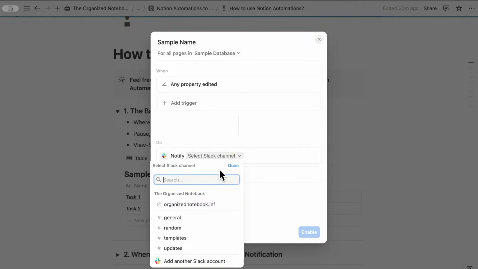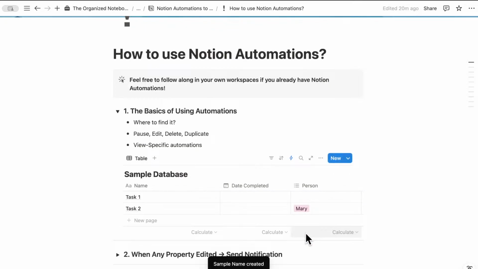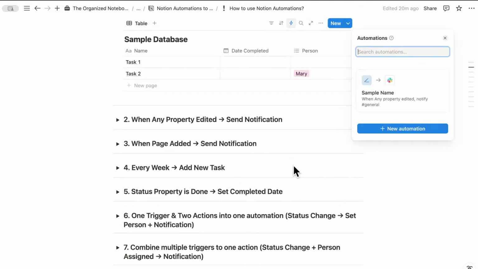And I would choose a Slack channel. So I could just do general. I can even add custom messages here. And then I'm just going to enable this. So now that I have created one automation, if you click the automation here, you can see this automation